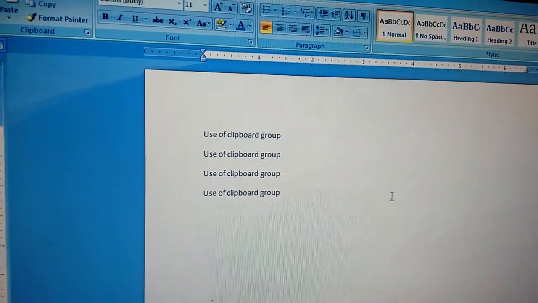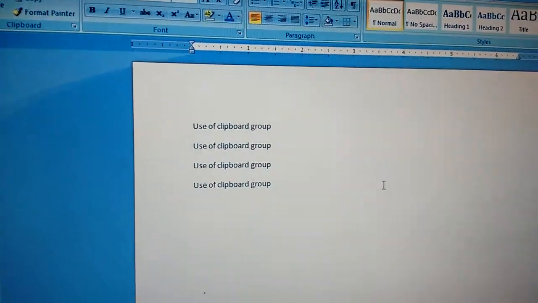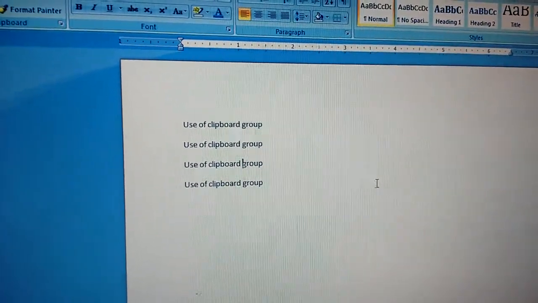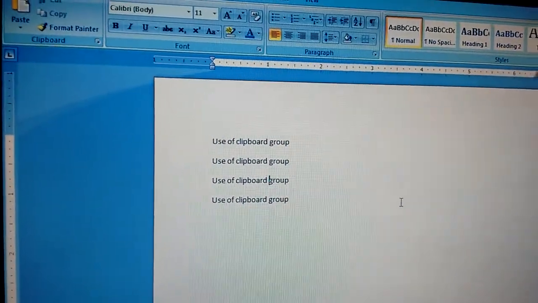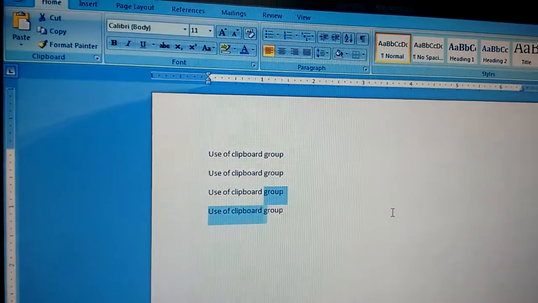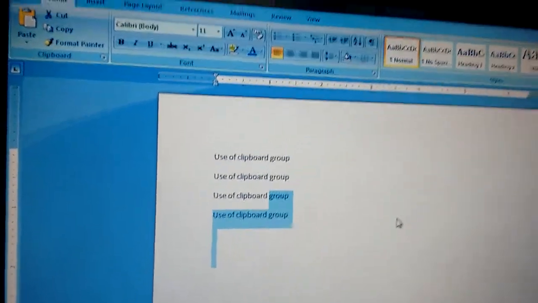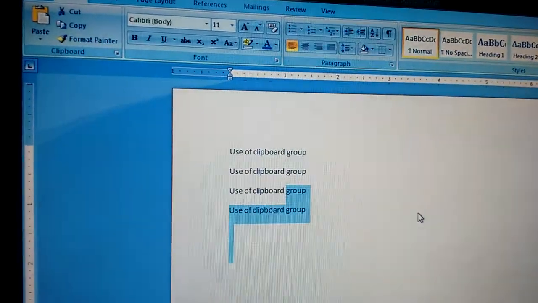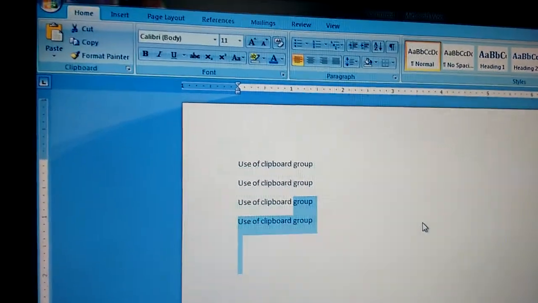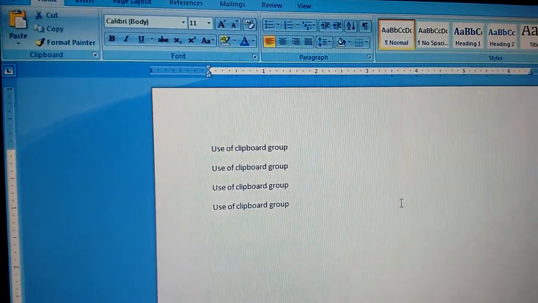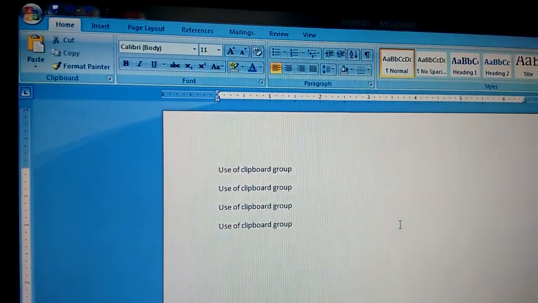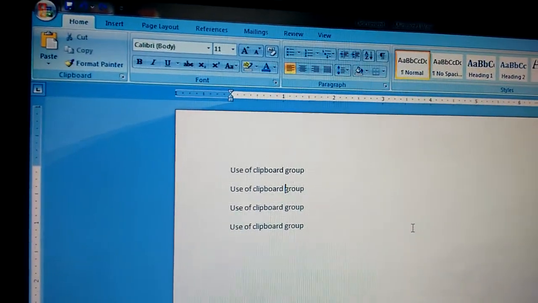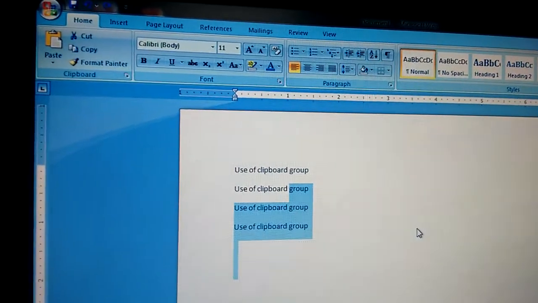Suppose our cursor is here, and if you want to select text on the right side, we press and hold the shift key and then press the right arrow key. Text will be selected from the right side. If you want to select down side, press and hold the shift key and the down arrow key. Text will be selected down side.